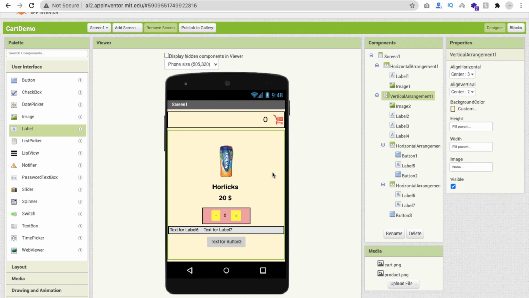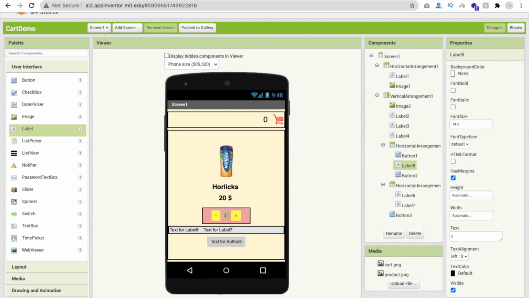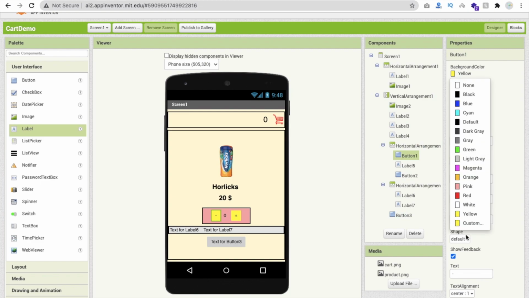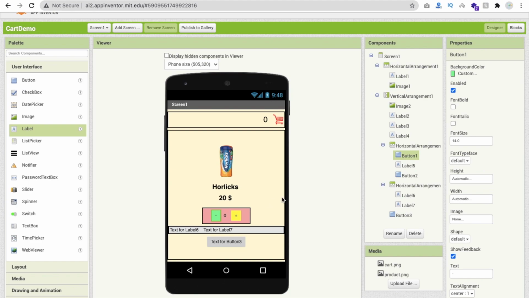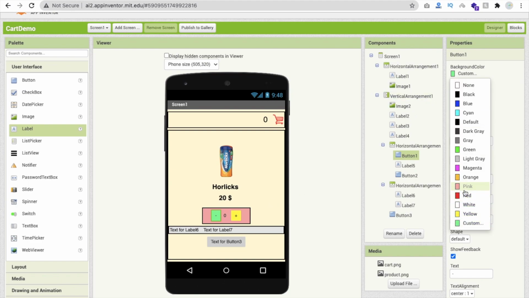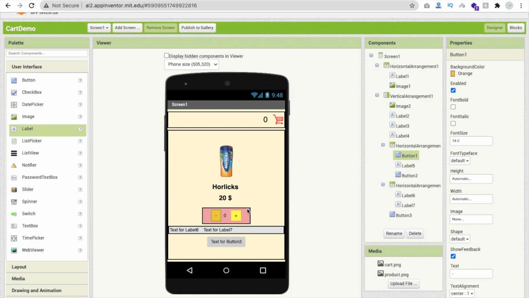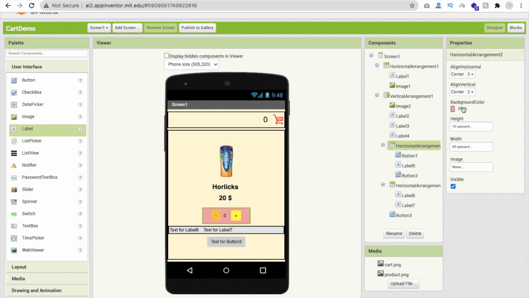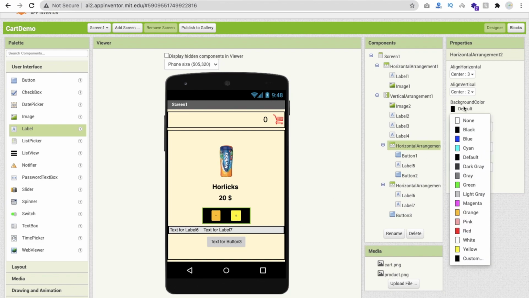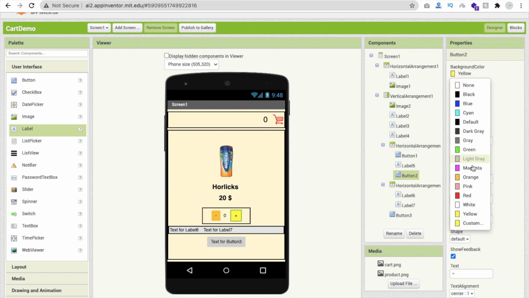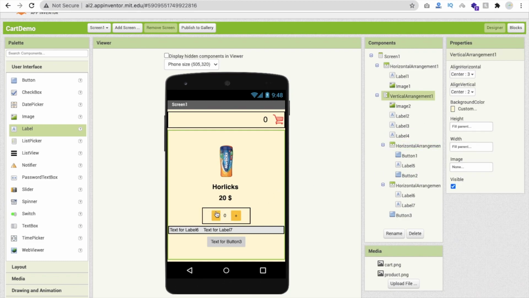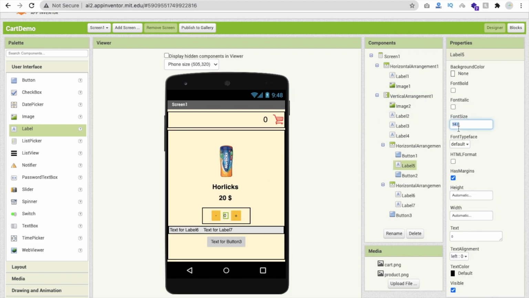Okay, but it doesn't look good, bro. So I'm going to change this yellow color to something else. If I make it green, no, it doesn't look good. So orange is fine, I think. And I'm going to change this pink background color to default black, something like that. Or what you can do here, just make it nothing, and change this to orange like this. You can see minus, plus and 0. So make the 0 at least 24 to display the quantity.